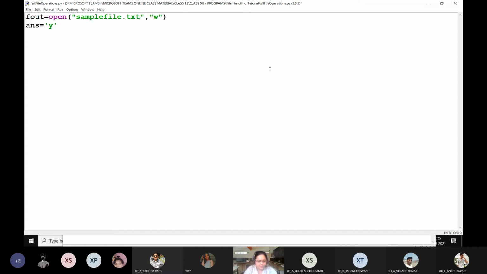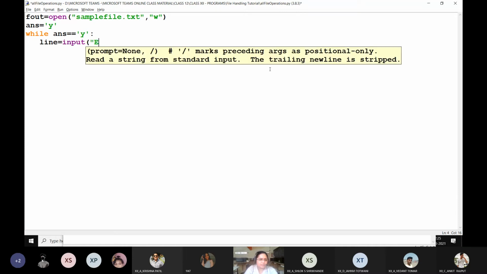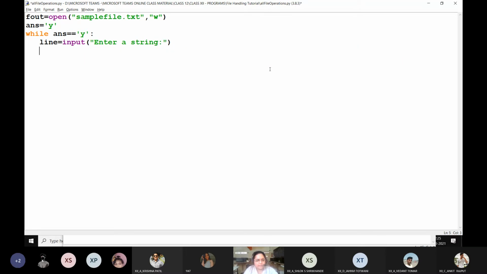I'm going to use ans, that same thing, and a string as my string object. ans is equal to Y. First, I'm going to ask for a string from the user. So let me ask for a line from the user. input, enter a string. So the user will enter a string and it will get saved in line.